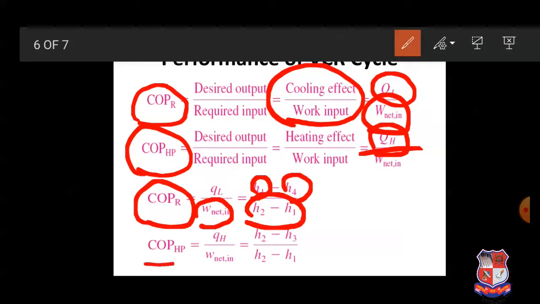Similarly, now we are going to discuss the COP of the heat pump. The COP of the heat pump is the ratio of heat rejected at the higher side divided by the required compressor work. The higher side heat is rejected in the condenser. So the condenser enthalpy difference will be considered. So it will be maximum minus minimum, H2 minus H3, divided by the required compressor work, and the compressor enthalpy difference, maximum minus minimum, H2 minus H1.